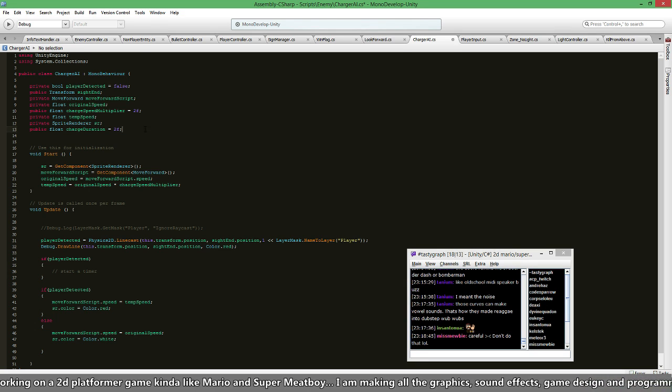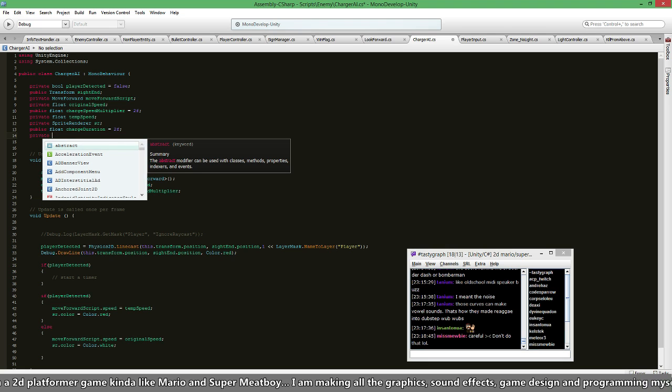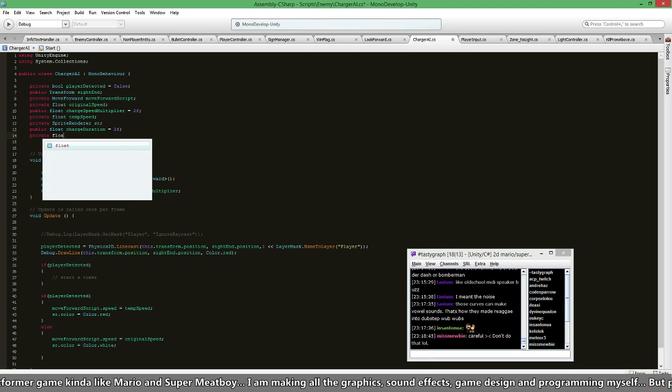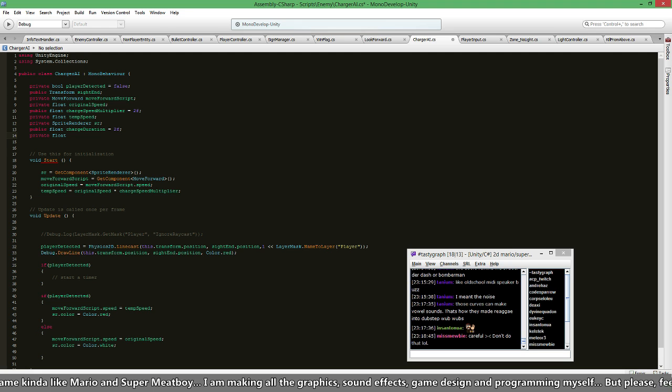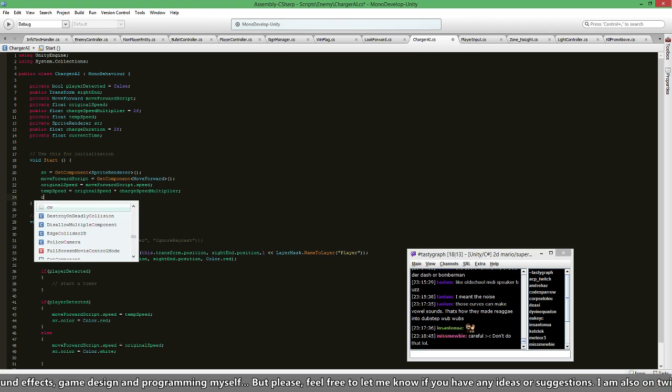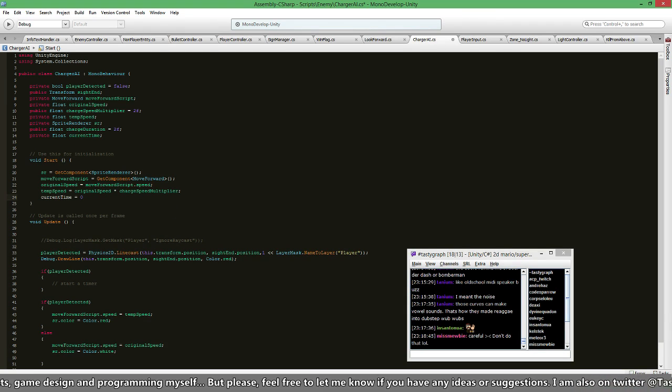So I should have a private float. Let's call it current time. And I guess here in the start I should set current time to 0. And then if player detected,